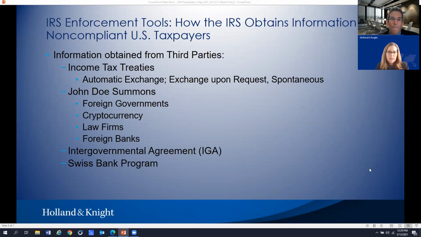Again, lots of information came over to the IRS, and those banks also have an ongoing requirement to continue to cooperate. So they continue to cooperate and provide information. There has been some discussion as to whether or not, since that program was so successful, whether the IRS DOJ would replicate that program in other jurisdictions, but we've not really seen that happen on any large scale. Kevin, I will turn it over to you.